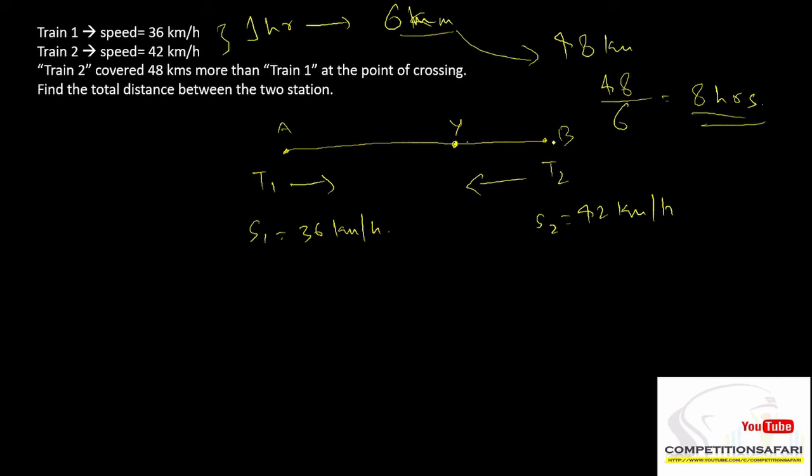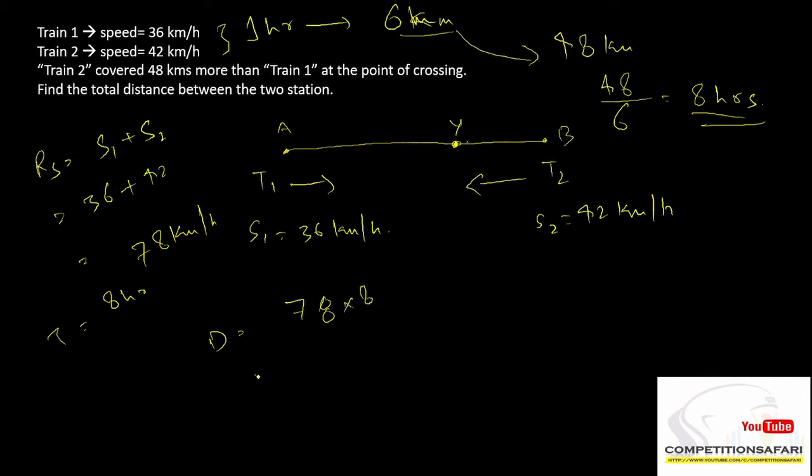So it took them 8 hours to meet each other, to reach point Y. So the total relative speed should become S1 plus S2 because they are traveling in opposite directions, which means 36 plus 42, which gives you 78 kilometers per hour. And you know the total time which they traveled is 8 hours. Time is 8 hours, so distance becomes